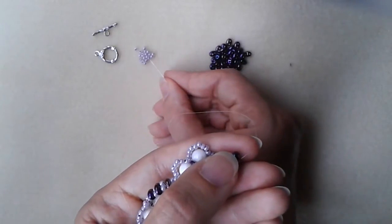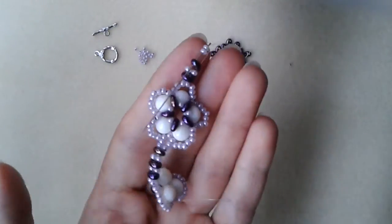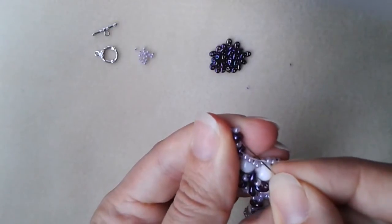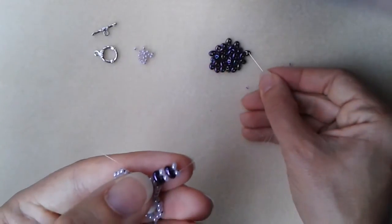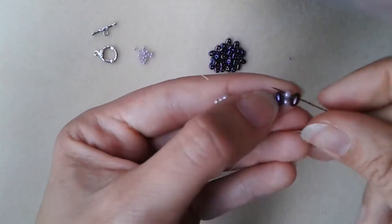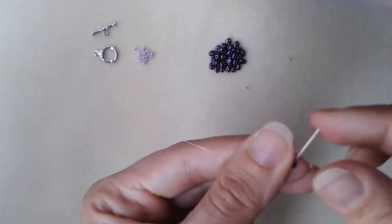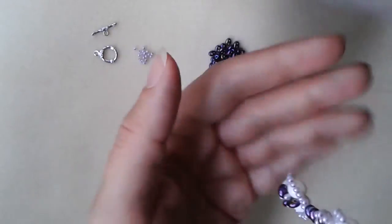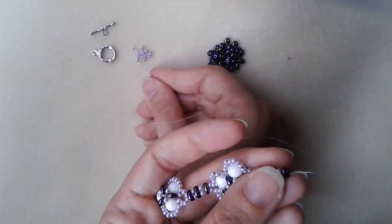and I will take 2 more seed beads, going down through the twin, then I will go up, and I will take another twin bead, and I will go down again through the seed bead and up. And then I'm gonna start. I will take 2 last seed beads,